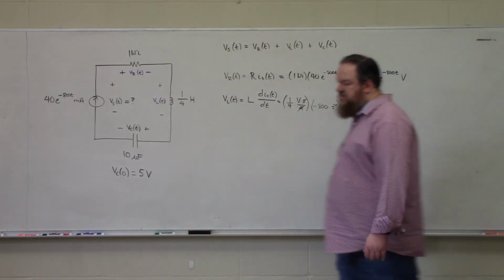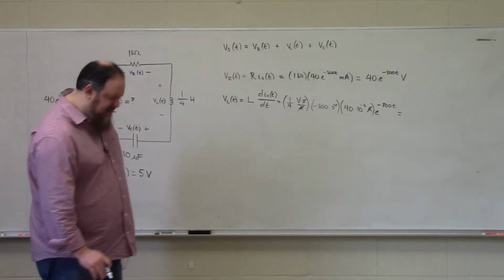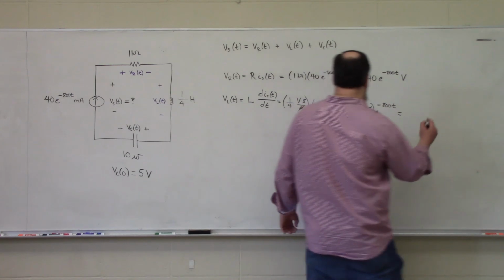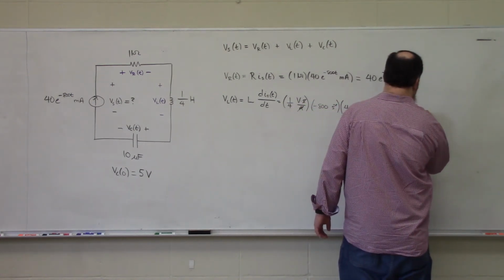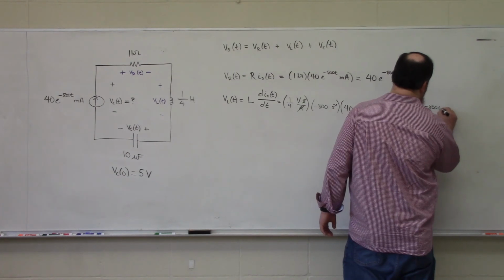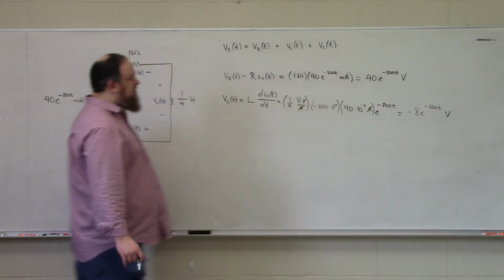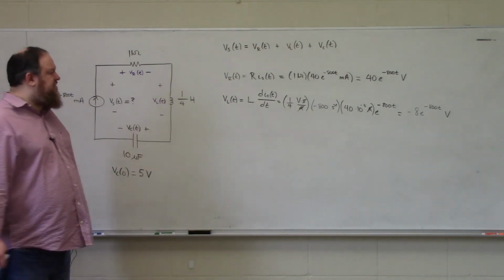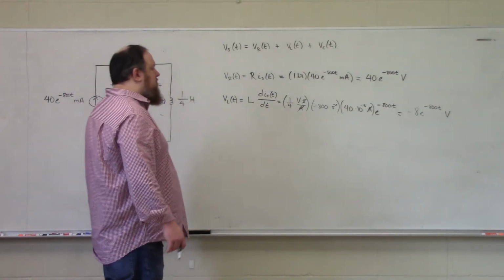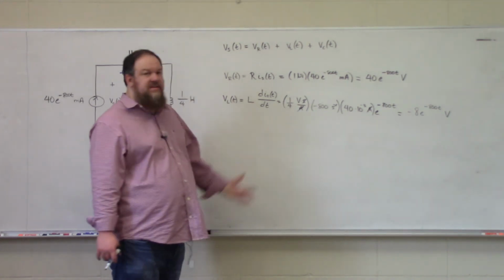So we simply multiply all of those guys together, and we get that that is negative 8 e to the minus 800 t volts. So fairly straightforward, just understanding how to use the derivative operation for an exponential function and being consistent with our